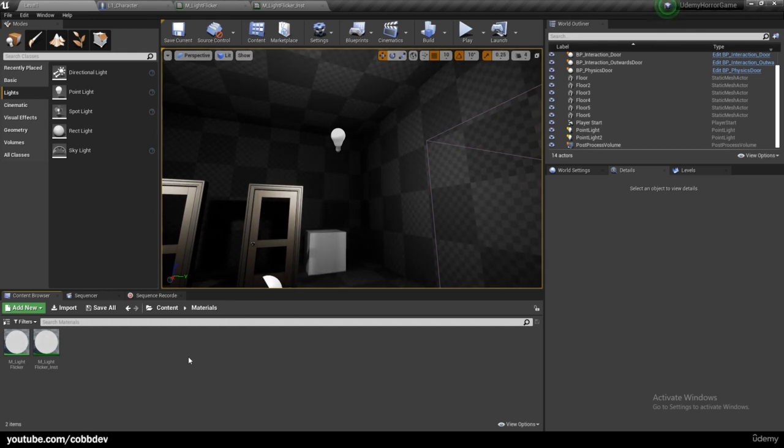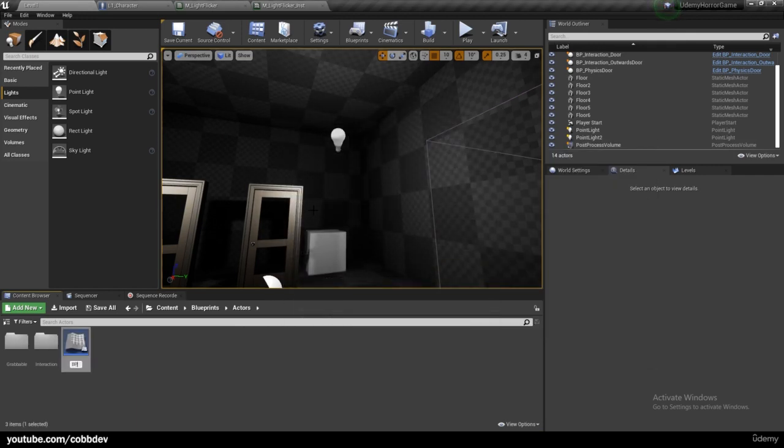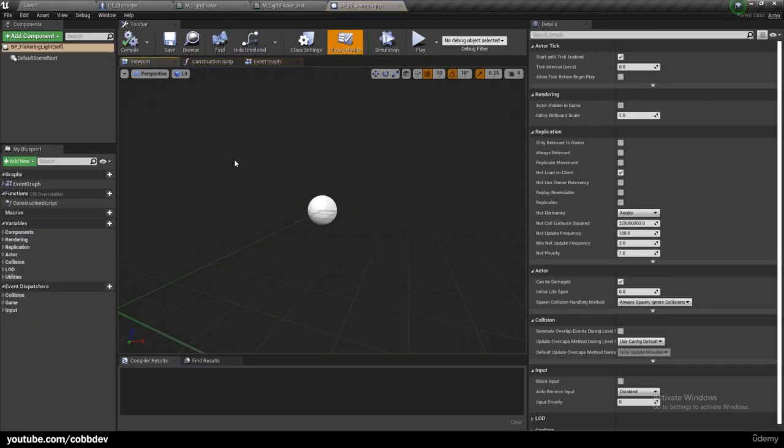It's not truly random. That's why I'm showing you the second version, which is truly random, and that'll be a blueprint version. So if we go into blueprints, actors, we can right click, create blueprint class, actor, and we'll call this BP flickering light. Open this up, and we can add a point light,